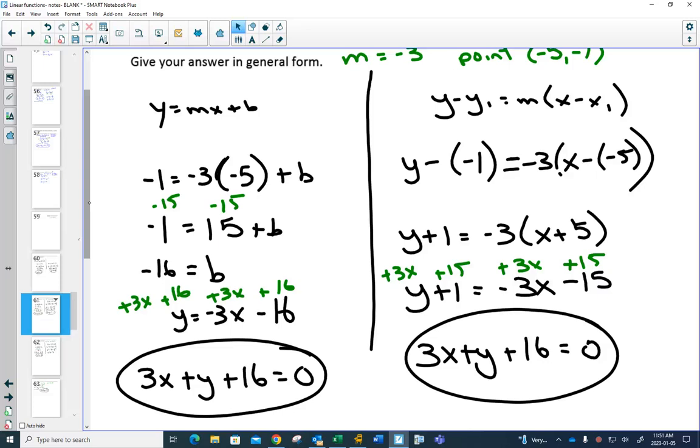if you started with this form, right? We solved for b so that you could write in both m and b. Which means you have y equals negative 3x minus 16. That's y equals mx plus b. You now know m and you know b. And now you still have to rearrange the equation. This one is good. Now, if you distribute 3, negative 3 times 5,